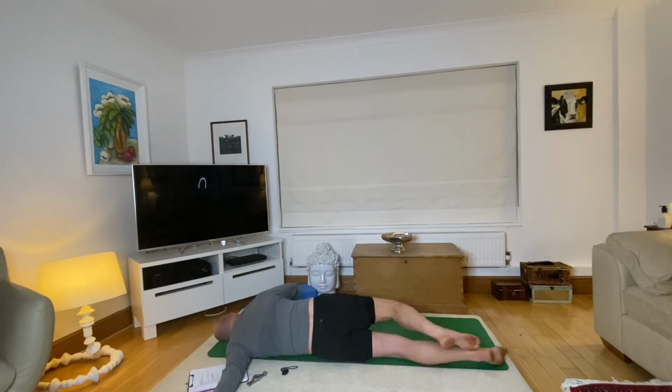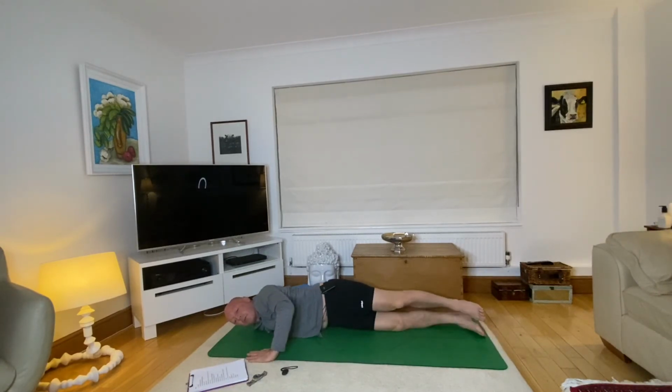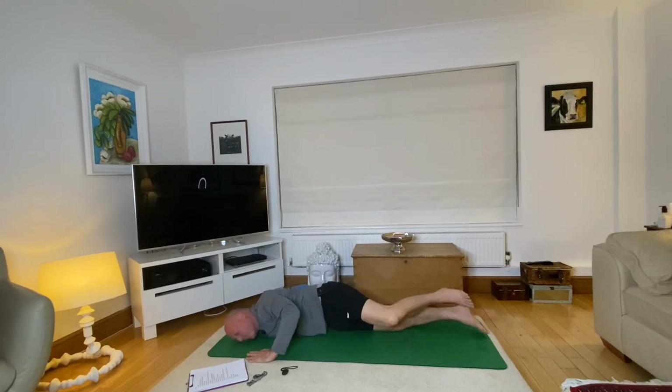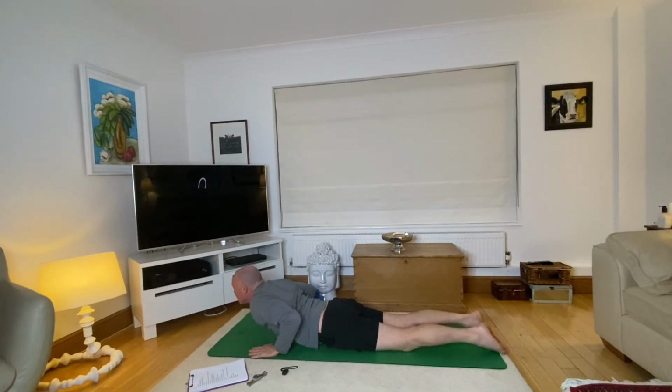And then release, bring the knee back round, roll back down, bend the other elbow, push yourself up onto the other side, and then bend that upper leg, foot behind the leg. Okay, just be careful of your shoulder as you're rolling onto it. So just take your body only as far as it feels comfortable, and then rolling back once you've completed that, hands underneath the shoulders, pushing up through Cobra,